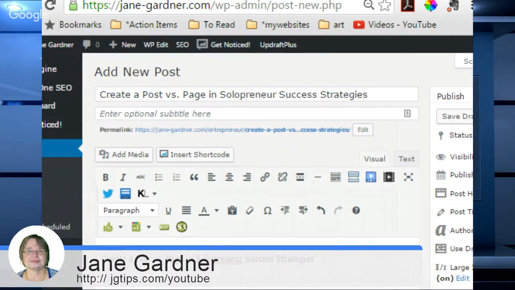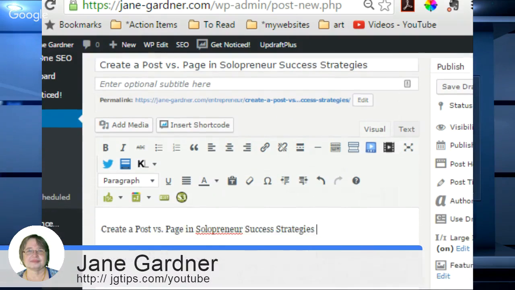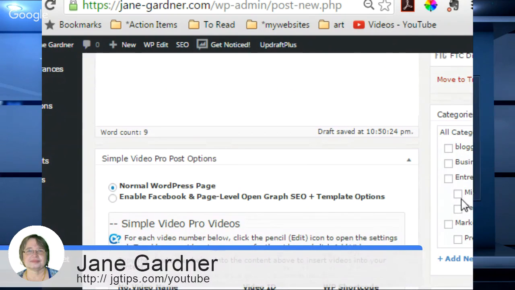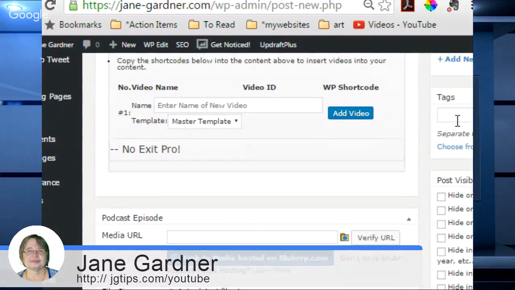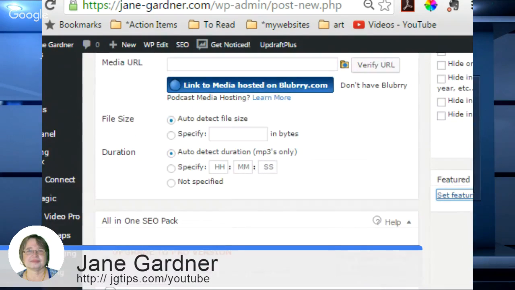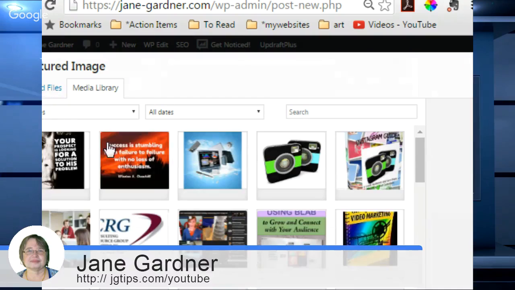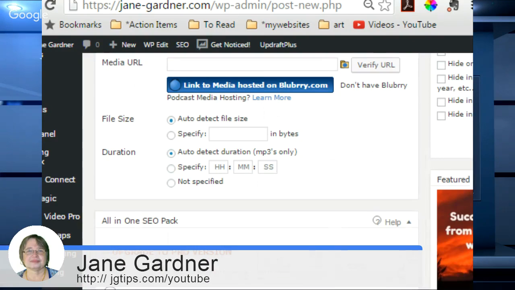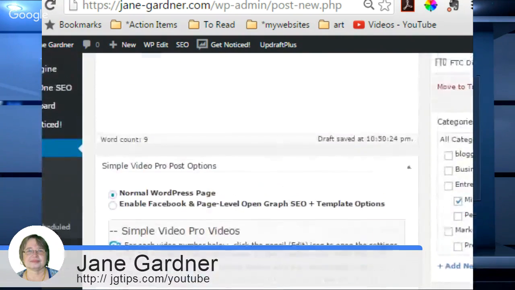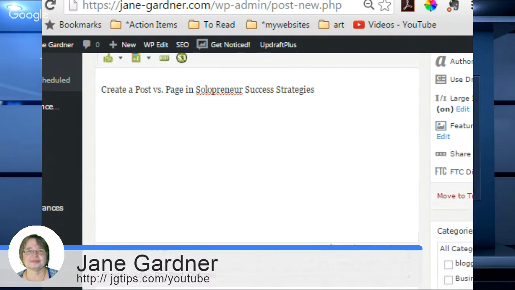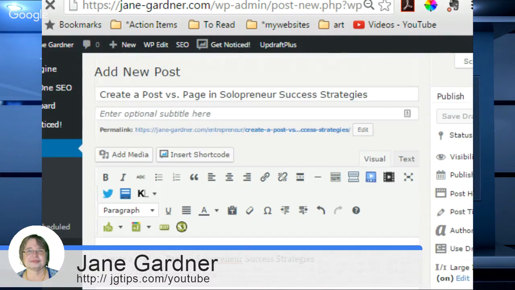But basically, you add a post, you put some text in, you have a title. You go over and you can add a category, and you can put some tags on it. And you can also add an image on a post. And there we go. That's the basics of creating a post. We'll do more next week, but okay, that would be creating a post,